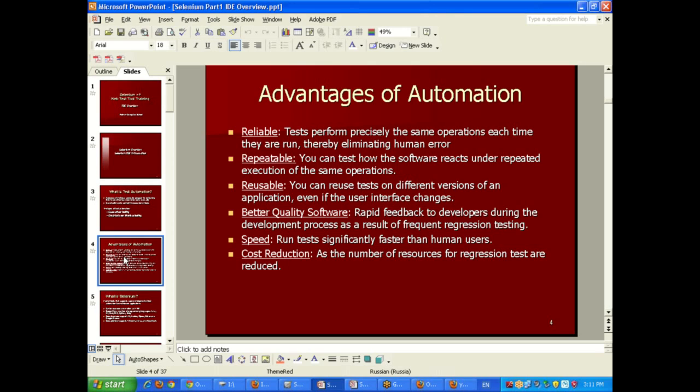And creating automated test scripts is a very tedious process that, in the end, in many cases is not flexible,